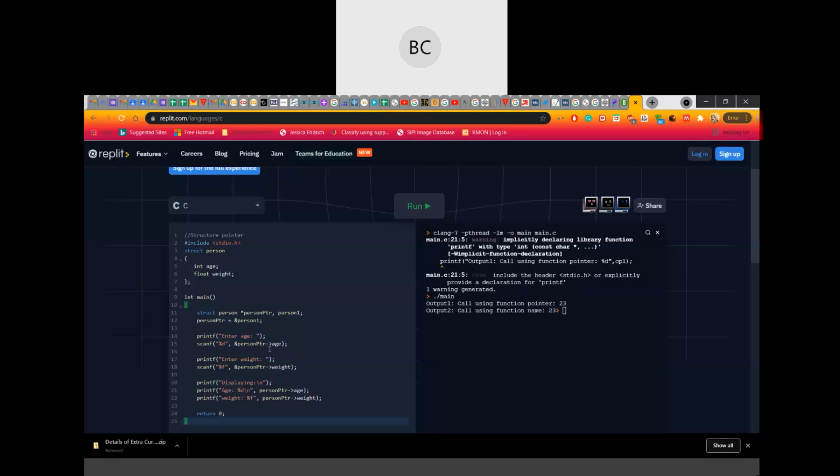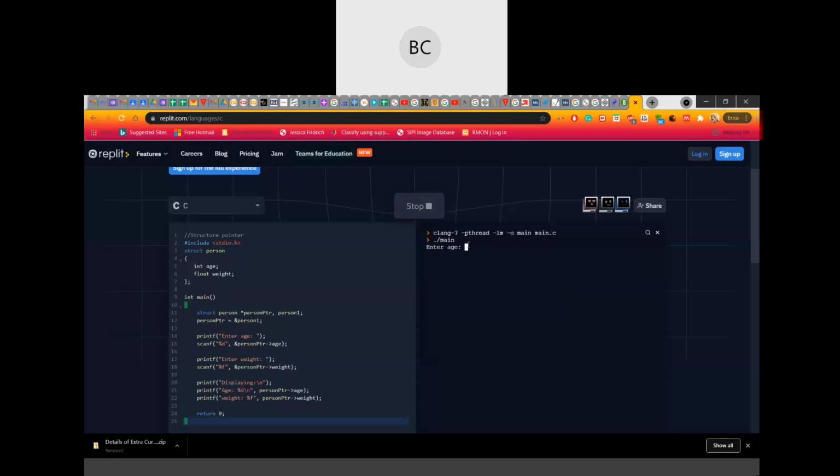This particular symbol is used when you need to access members from the structure. This is specially for your structure pointers. So just remember this special symbol.